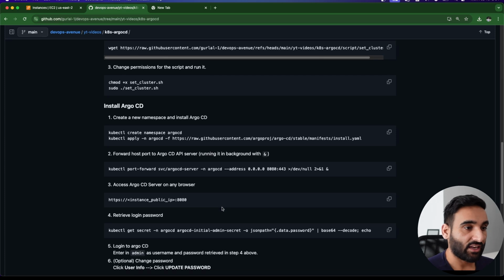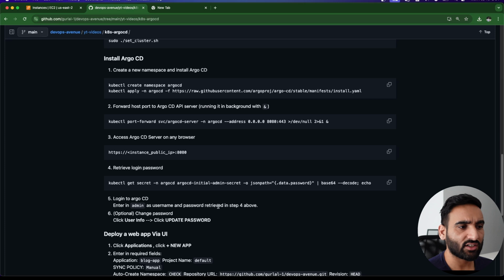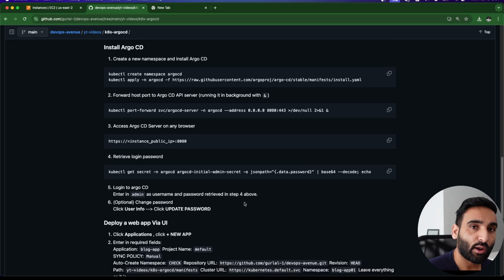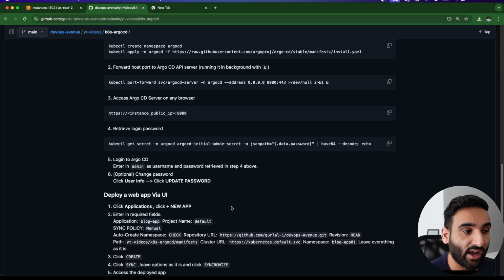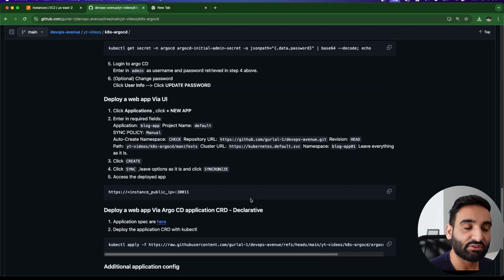I wouldn't be performing kubectl on my cluster, and I'll show you how you can deploy those apps using the UI, or you could even do it declaratively. You can define how you want to deploy your app. Argo CD allows you to define those steps in some sort of a YAML file, and then you just